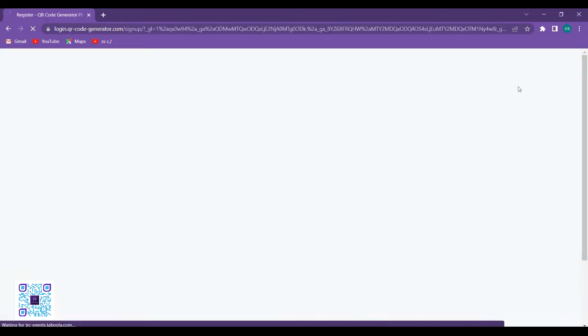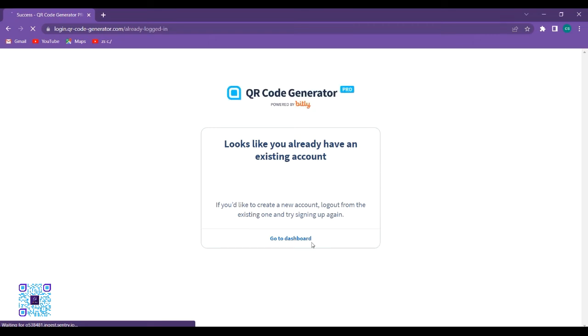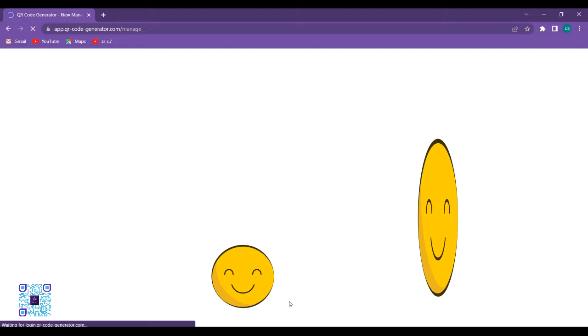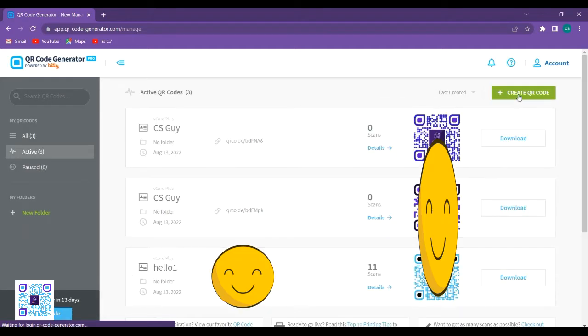You can sign up with your Gmail account for quick sign up. Otherwise, they will require many more fields like name and keyboard and go to dashboard. I previously signed up, so that's why they are showing this. These are the three QR codes I have created before, so I will go to create a new QR code